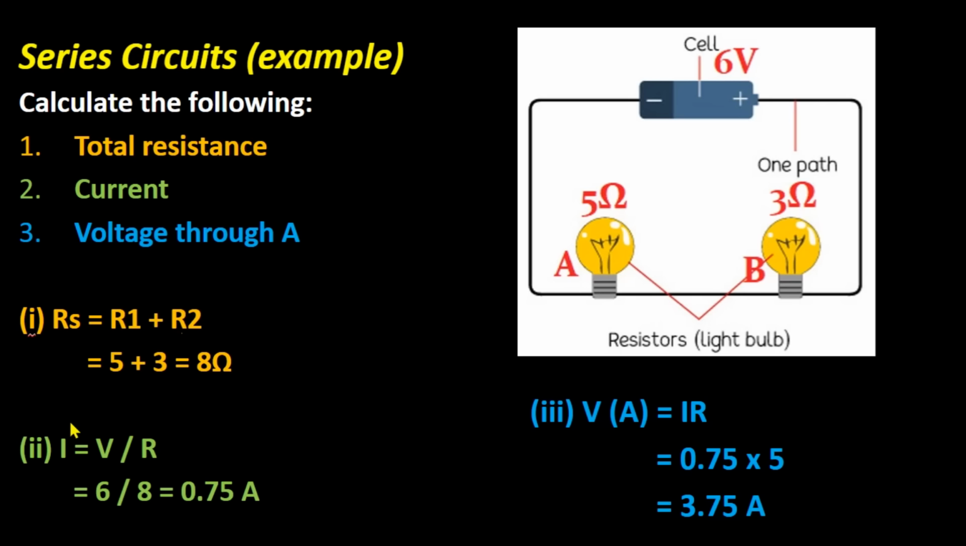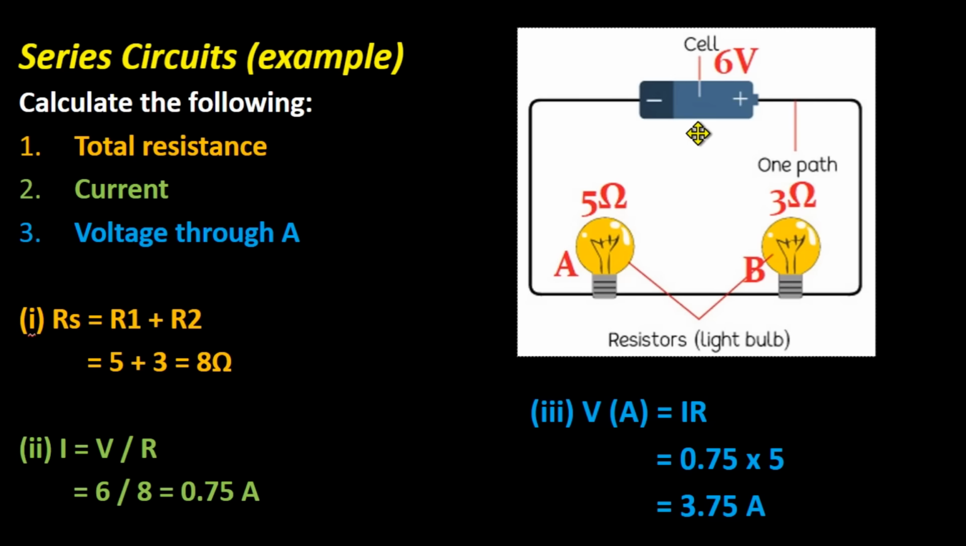To calculate the current, I is equal to V over R. The voltage is 6 volts and the total resistance is 8 ohms. So 6 over 8 is 0.75 amperes. So this means that lamp A is going to have that current, 0.75 amperes. Lamp B is also going to have 0.75 amperes. And so the battery is also going to have 0.75 amperes because the current is the same going into and